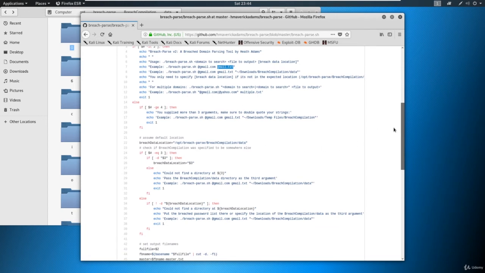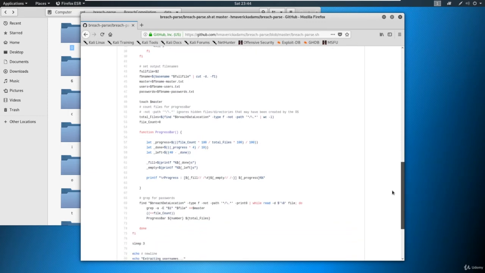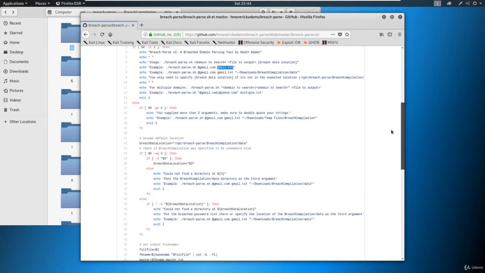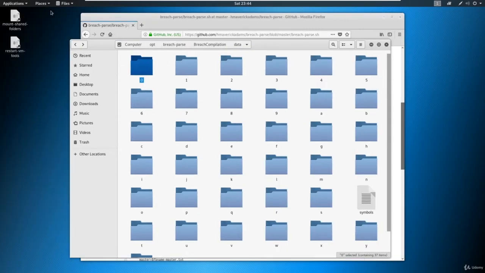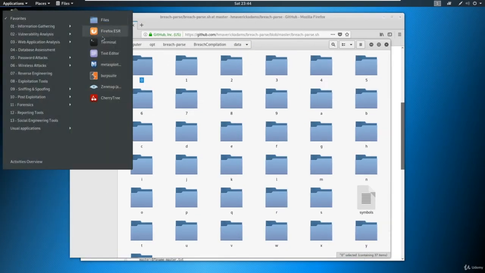If you're more interested in the code behind it, you're more than welcome to read the code in here and see if some of the items that we've covered already with the bash scripting and the Python scripting kind of ring a bell. So what we're going to do is I'm going to come ahead and go into the terminal